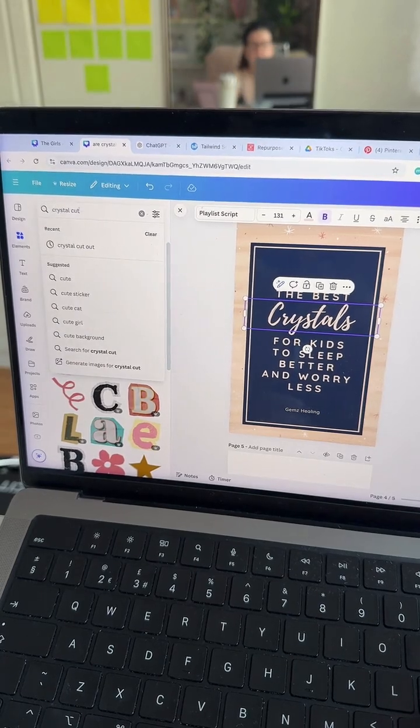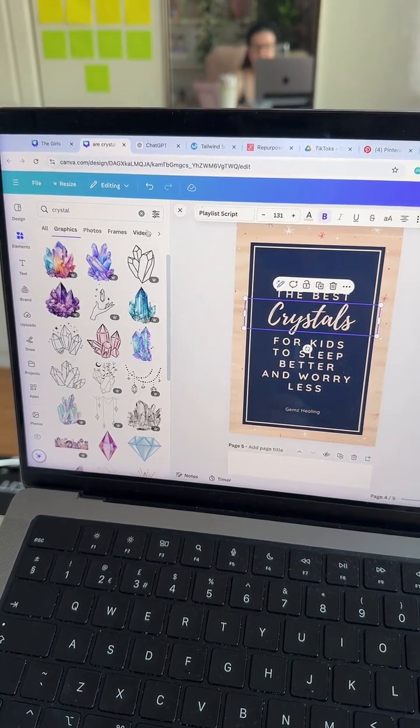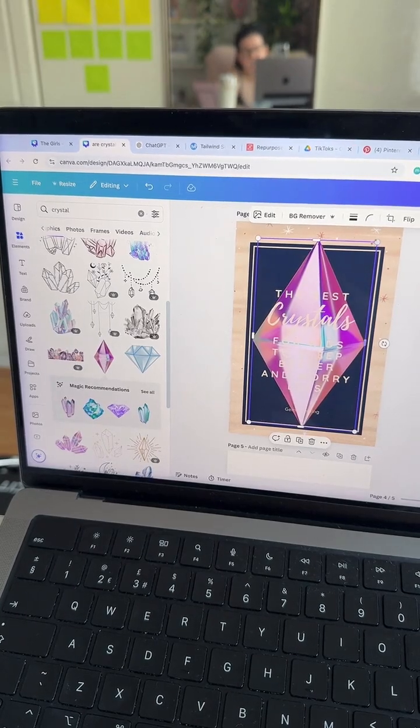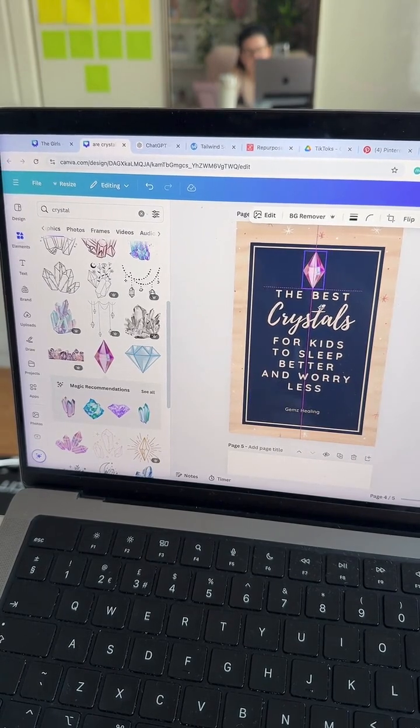Oh no, if I just go crystal, that was a bad example. If I do crystal, is the cutout there? No. Oh, there we go, that's quite a cute one. Way too big, let's make that a bit smaller. Put that there.